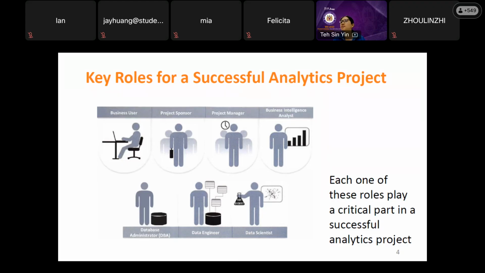Another one, are business users required when doing the testing? User acceptance test before the operationalize. Of course, it's better to have them because they can give you some feedback. They understand the domain and they can make sense of the data. Let's say after you build a model, you don't understand how to interpret the model, then this person will step in and explain to you whether the model makes sense or not. So it's better to have them.